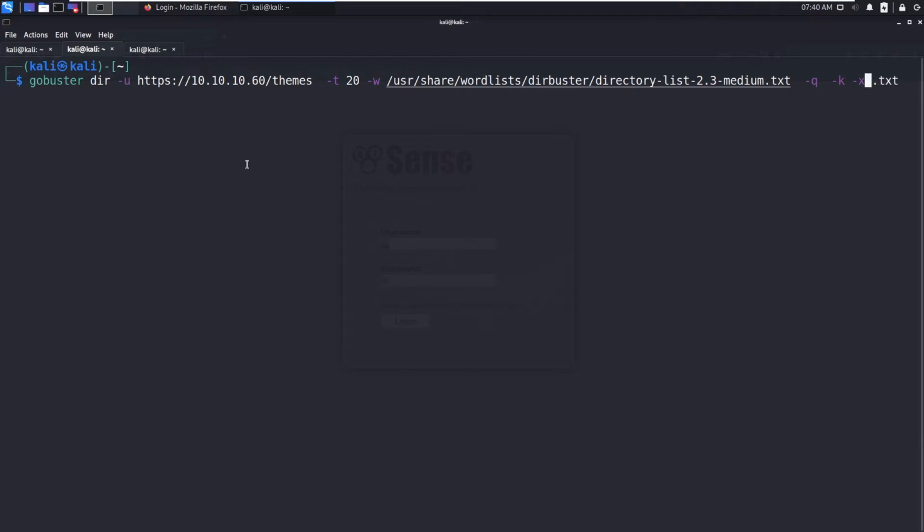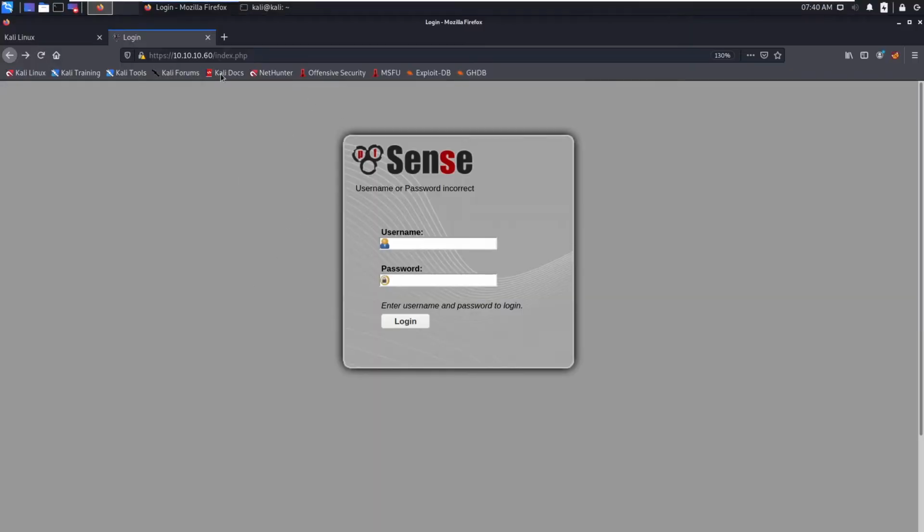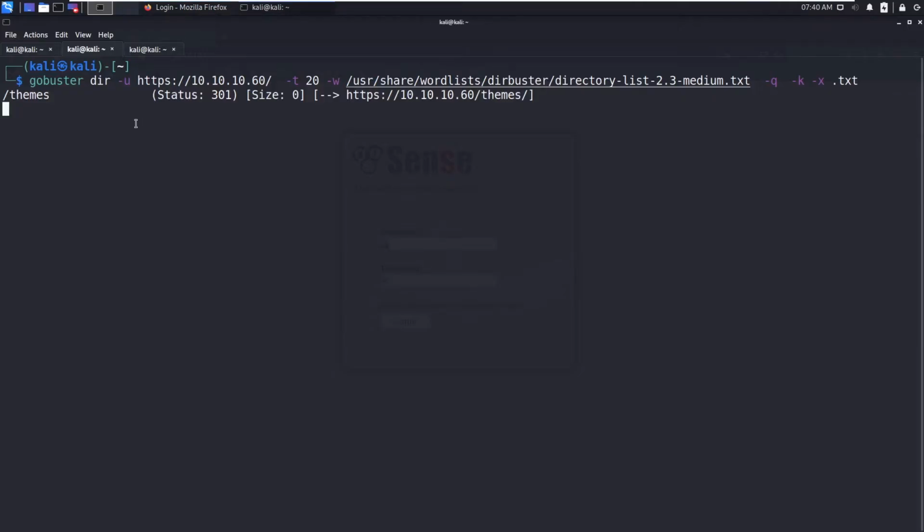So I already know it's in the root directory. So let's go and run this. This box does require intense enumeration, because we do not have any other port open or any other way further into the box. So if you are stuck with this, you need to enumerate much harder.